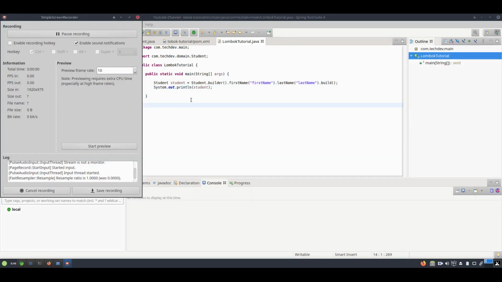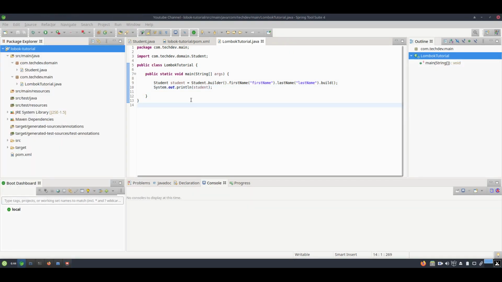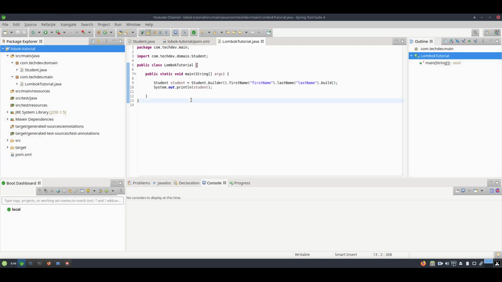In this video we have learned about the builder design pattern or builder annotation which is provided by Lombok. Thank you for watching this video, guys. I hope this video will help you all in learning a new way of doing Java development using the help of Lombok and some other annotations. I will get back to you with more annotations which you can use to make your project well developed and productive.